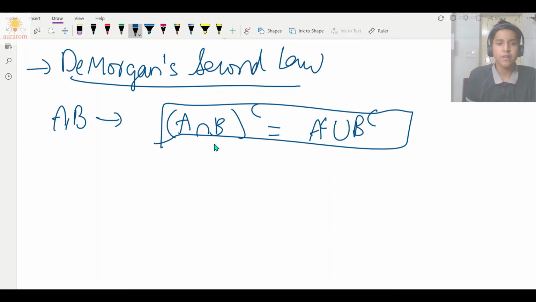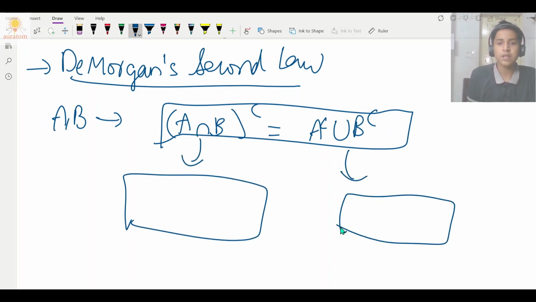What we do is we shade this part in Venn diagrams and this part in Venn diagrams, and we'll find out that after doing it carefully, the shaded parts of this side and this side will be one and the same. They are equal. So if the shaded parts are equal, the sets will be equal, right? So that's how we can prove De Morgan's second law. Try this one yourself, because it's very easy and intuitive if you can understand how to do it in Venn diagrams. So let's move on.